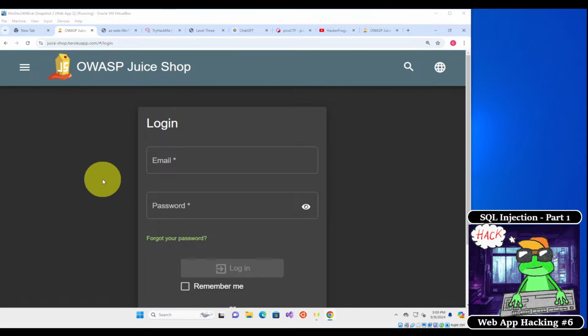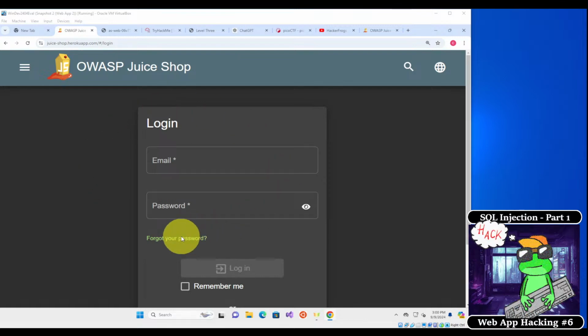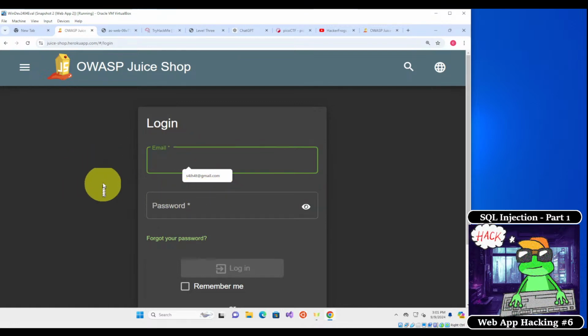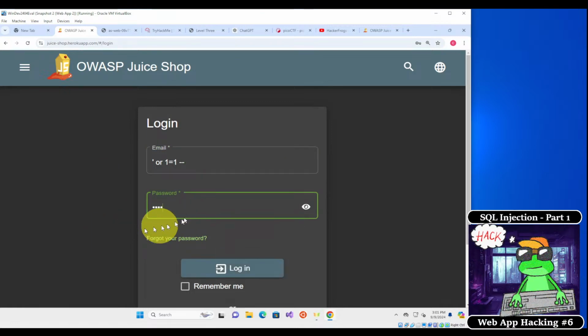Okay, so let me start explaining what is going on here. We're on this login page, and the login page is susceptible to the SQL injection login bypass technique. So remember that in this username field over here, we just need to supply the bypass payload, which is single quote or 1 equals 1 space double dash space. And for the password, we can just type in anything. So we click on login,